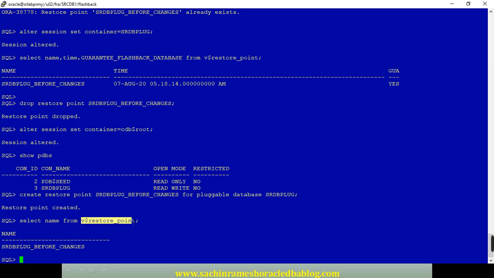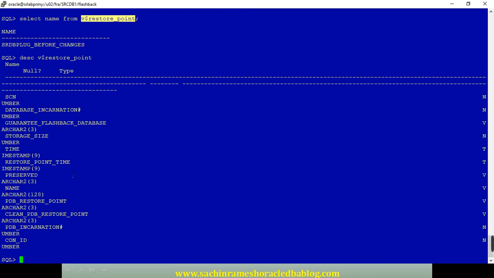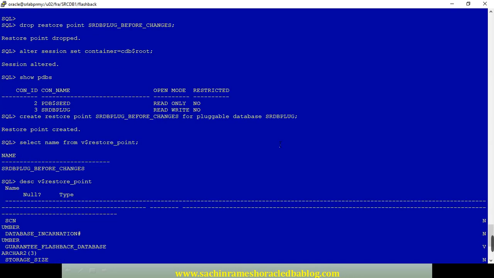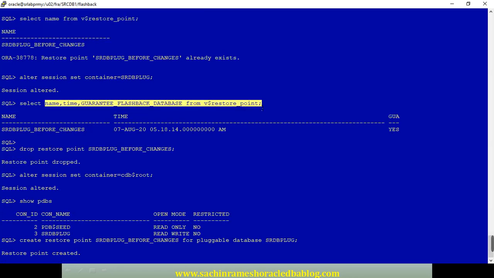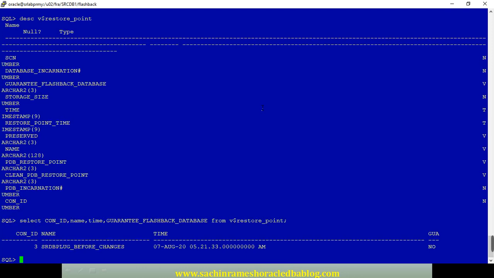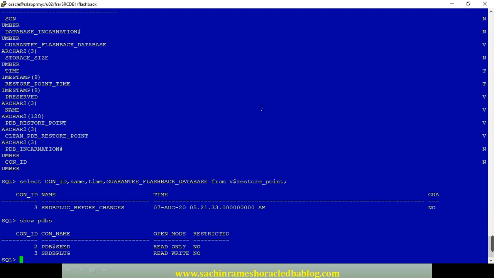If we want to see which container this PDB is in, you can check. You can check the container.